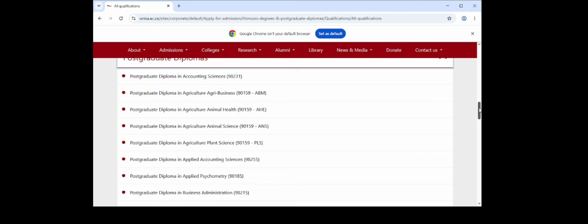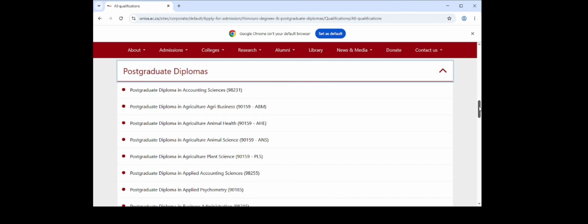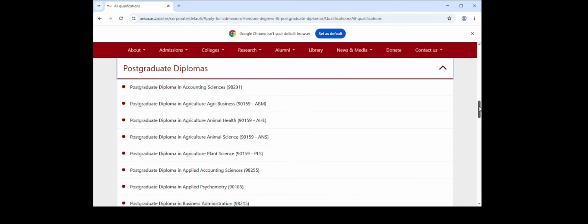So these are some of the postgraduate diplomas for any student who wishes to study for the 2027 academic year. So we have postgraduate diploma in accounting science, postgraduate diploma in agriculture, agribusiness, postgraduate diploma in agriculture, animal health,